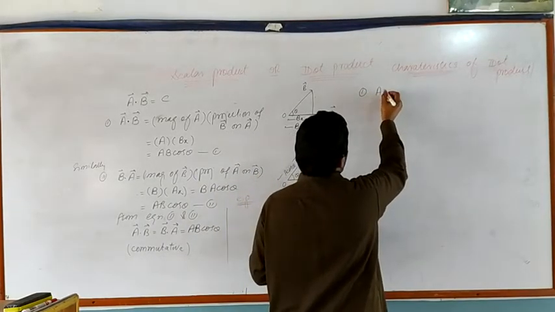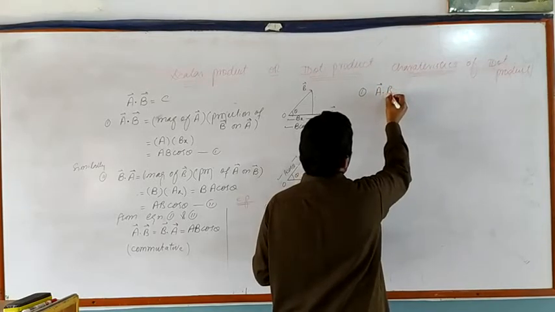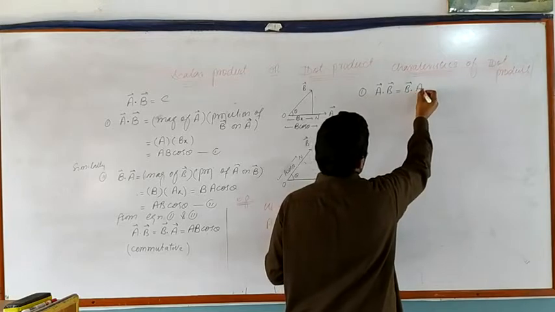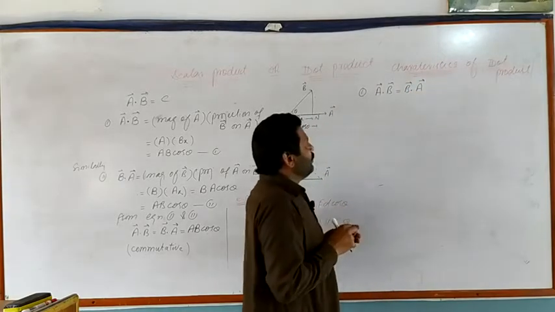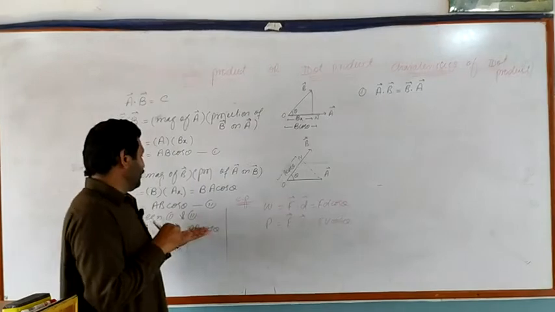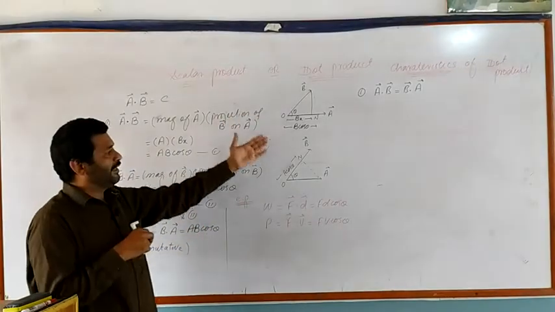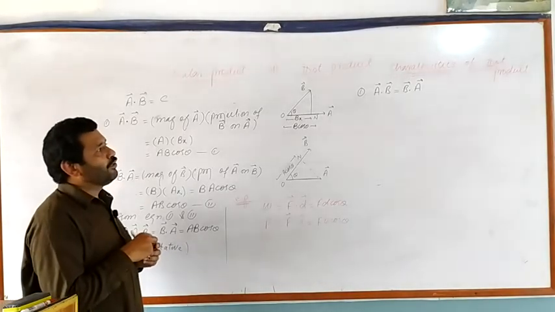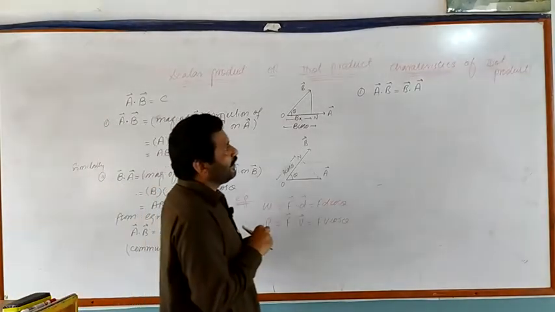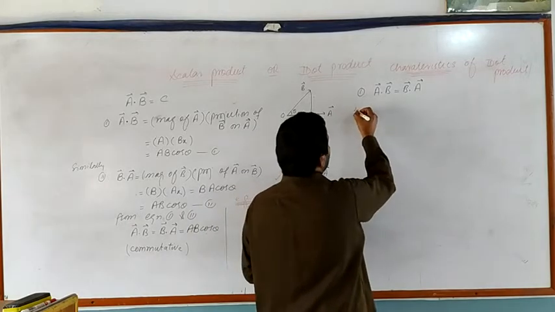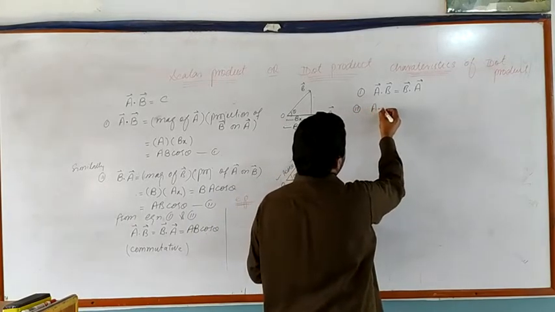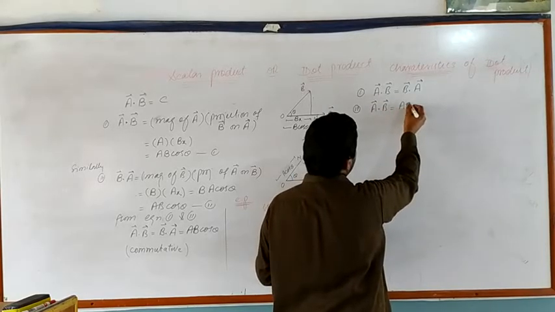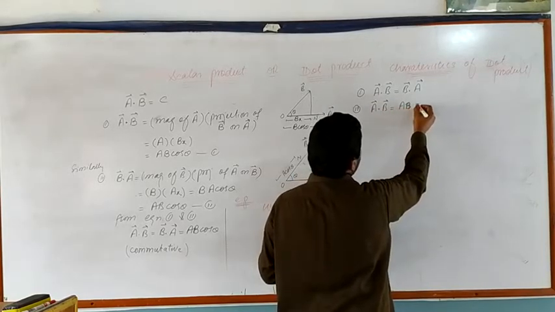Characteristics of dot product. Number 1: vector A dot vector B is equal to vector B dot vector A, as we have proved in this topic by mathematical equations and diagram, that A dot B and B dot A are equal, so dot product is commutative. Suppose two vectors A and B are multiplied by dot product technique, their resultant is equal to